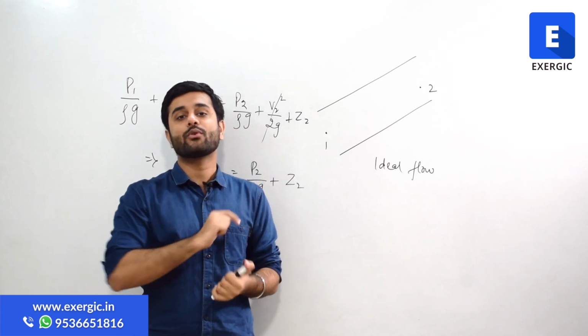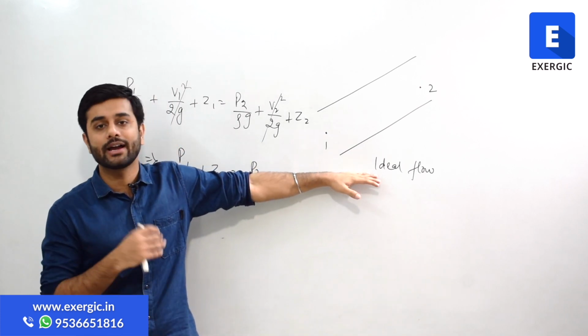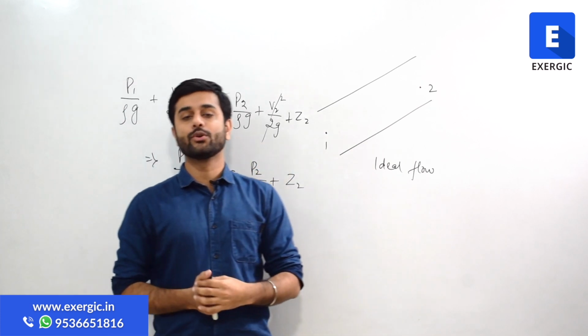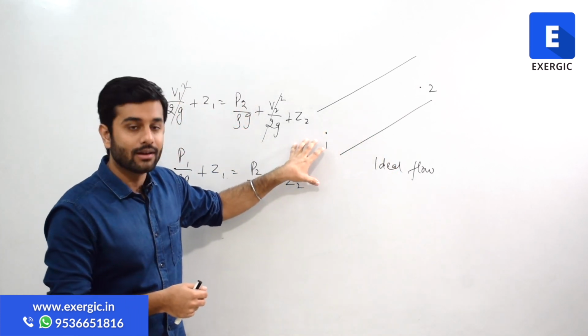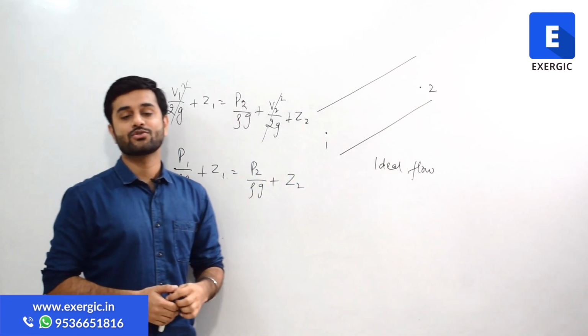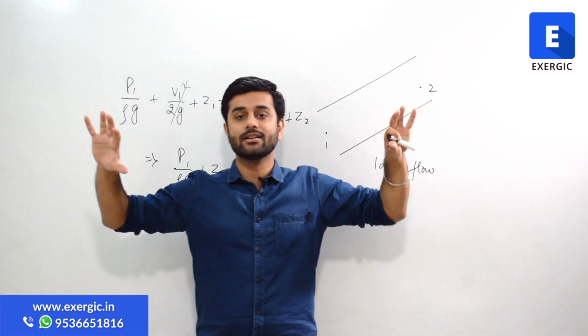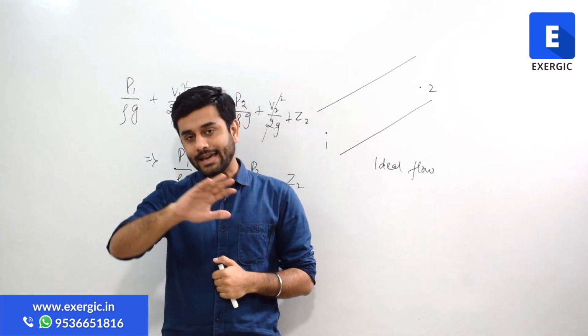But the same question now I am giving you without any losses. That is why I have written ideal flow. Now tell me, how would you do it? Because now net energy, net head at 1 and net head at 2 are the same, they are not different. So if there are 2 points, same energy, how is the flow going to happen? What is the direction of flow? Many aspirants